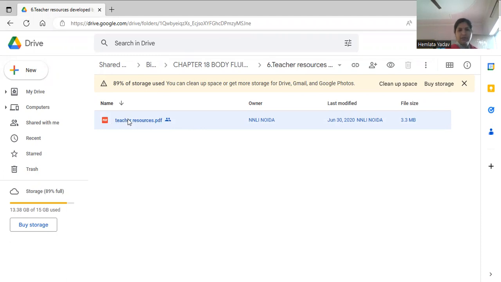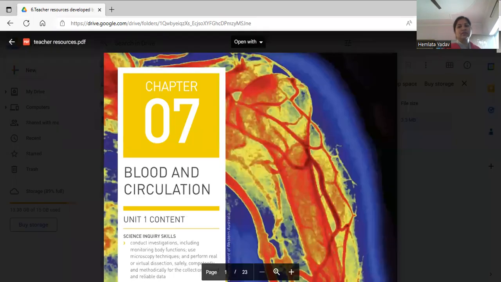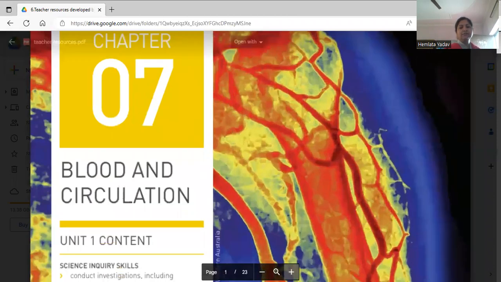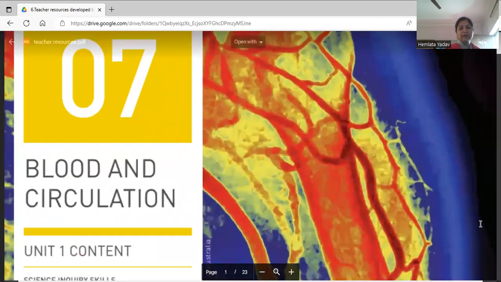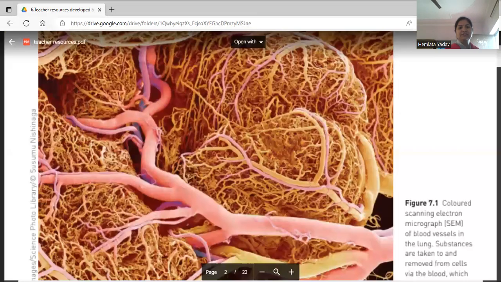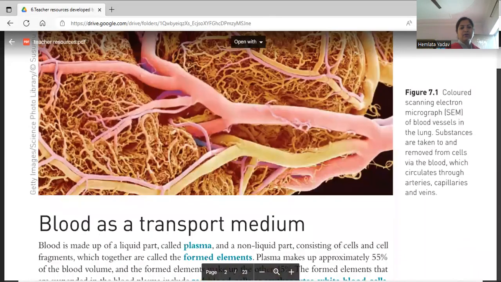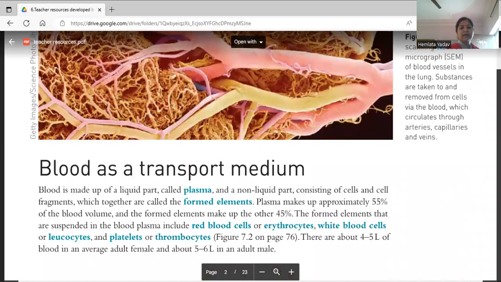In the lower organisms, circulation is not needed because diffusion is sufficient for them. But in the higher organisms, a well-developed circulatory system is needed. So you can see the blood vessels, and blood acts as a